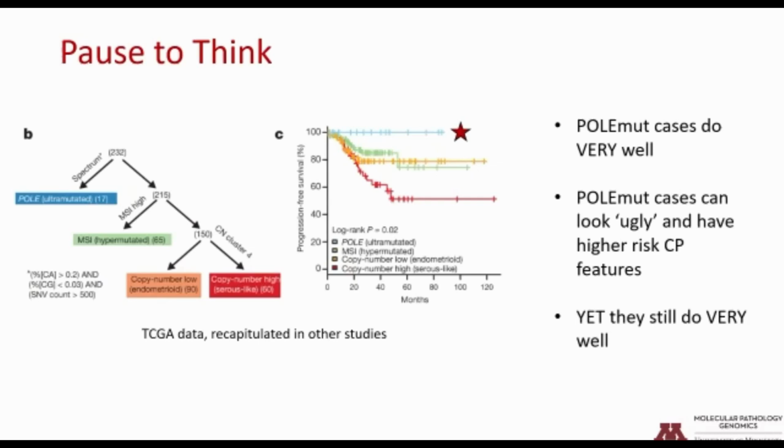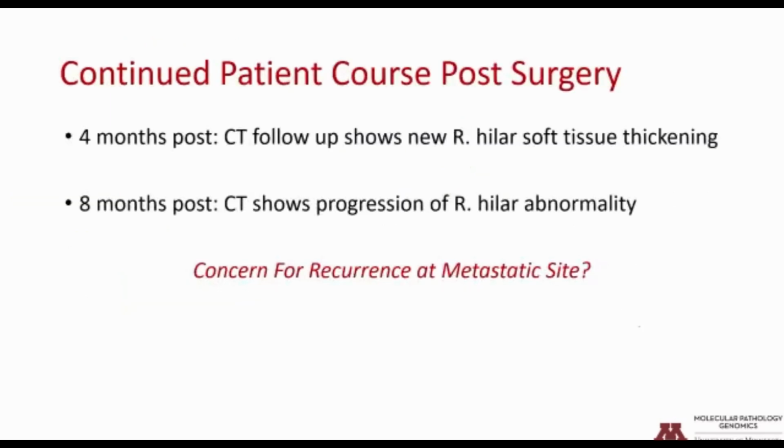And as you can see, the POLE mutant endometrial carcinomas over relatively long periods of follow-up do extraordinarily well. And this can be despite the fact that they can look quite ugly on morphology, and they can have high-risk clinicopathologic features that would have otherwise, by older GOG risk criteria, put them in a high-risk category. And yet those patients still do very, very well. So really there was kind of a lost opportunity at that point